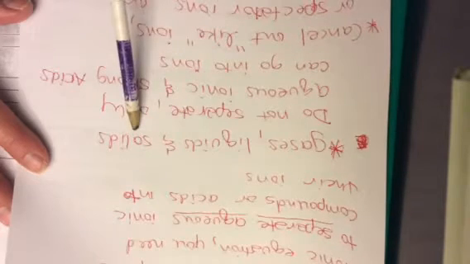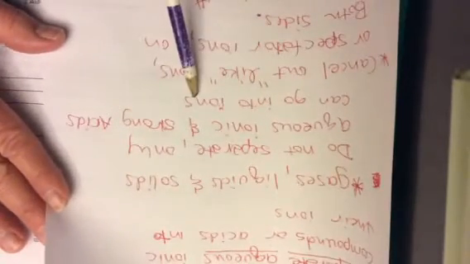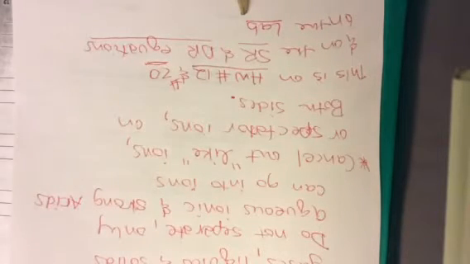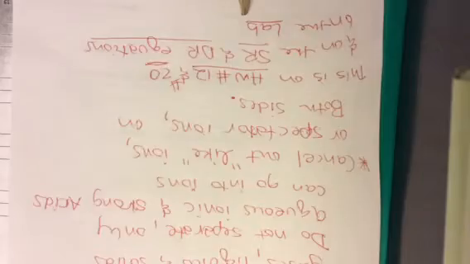But I want to emphasize that gases and liquids like water, and any precipitates or solids, do not separate. Only aqueous ionic compounds, and actually only strong acids, go into their ions. Okay? You're going to cancel out like ions, or spectator ions, on both sides. And all this is happening on homework number 12 and number 20, and on your single and double replacement reactions on the lab. So I wanted to point that out to you right now and finish up the video with